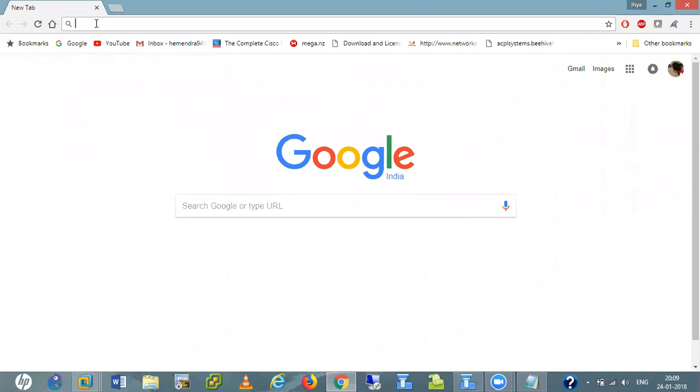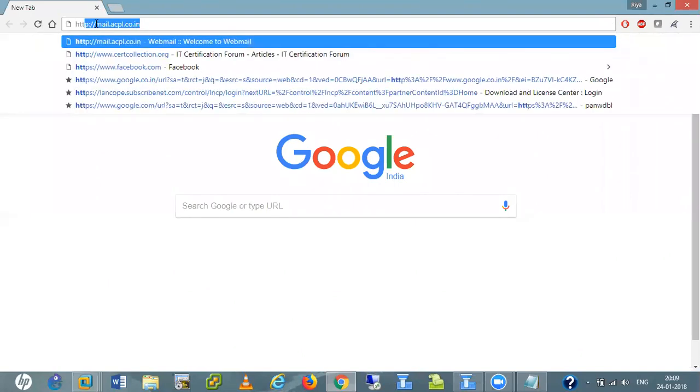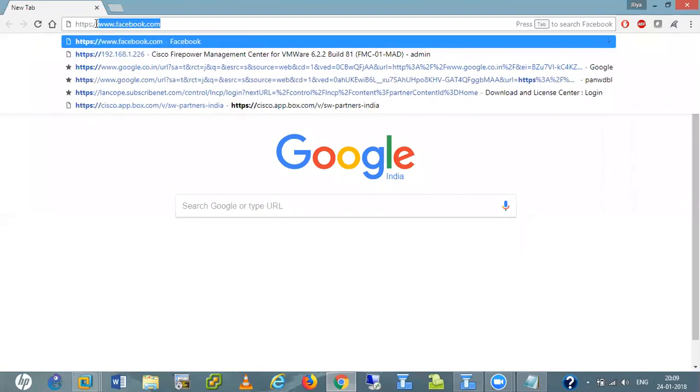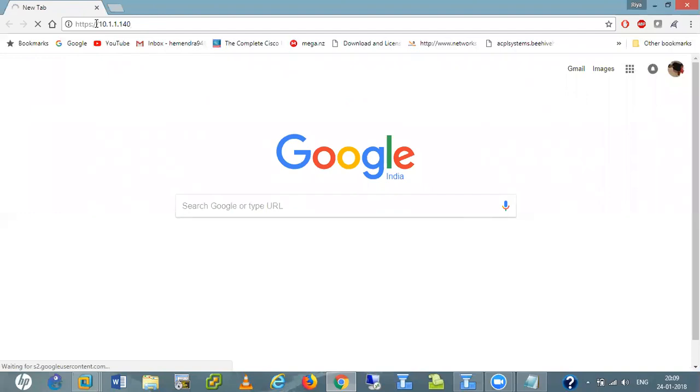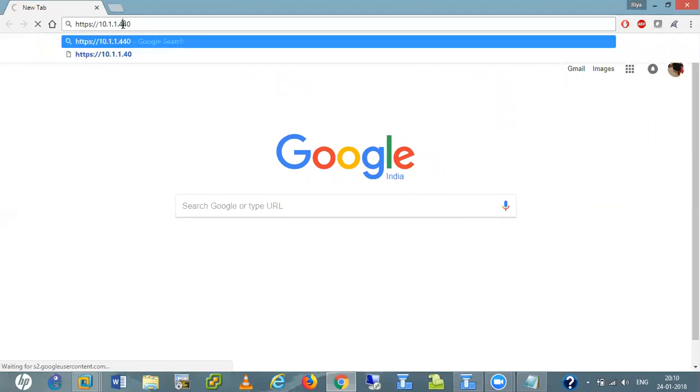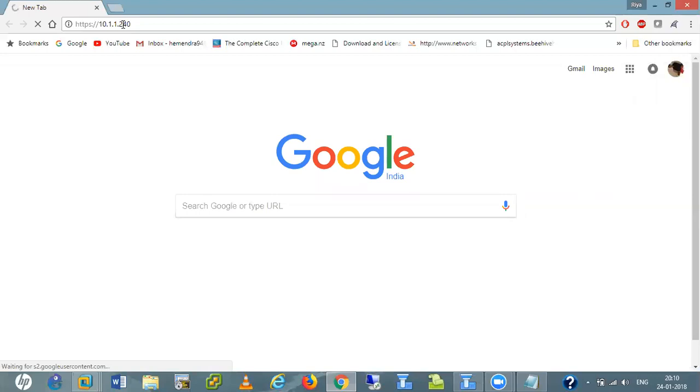Let me take the HTTPS access for that, 10.1.1.240. Sorry, it's 240, not 140.